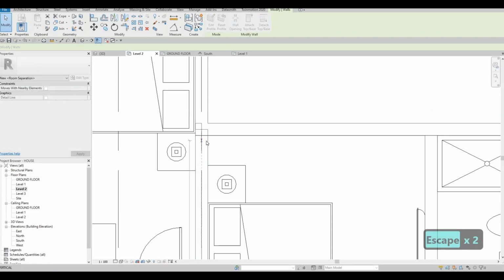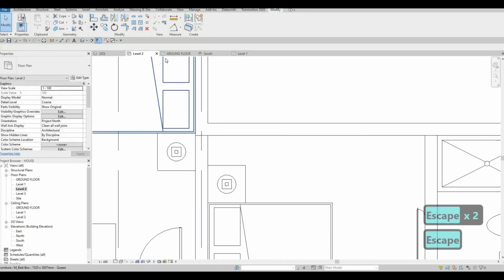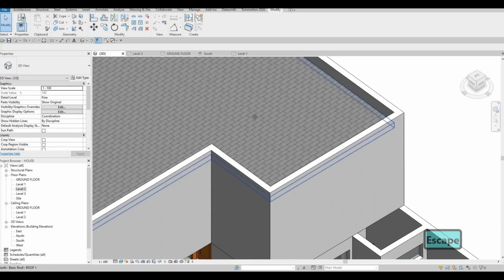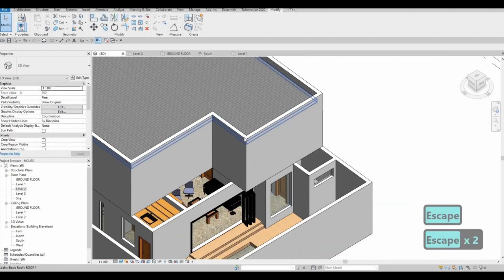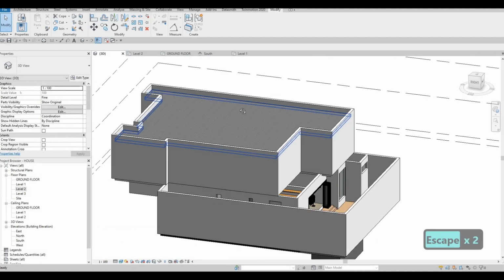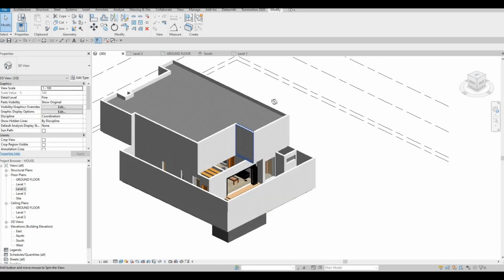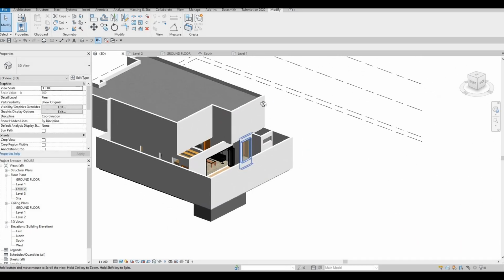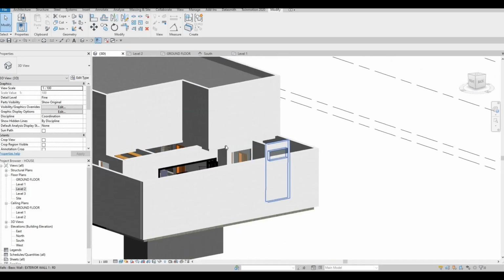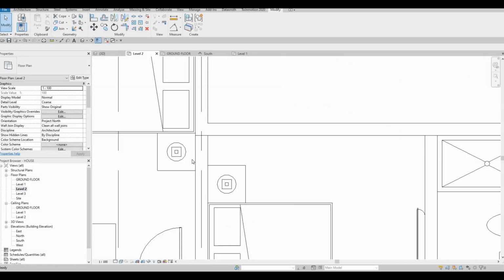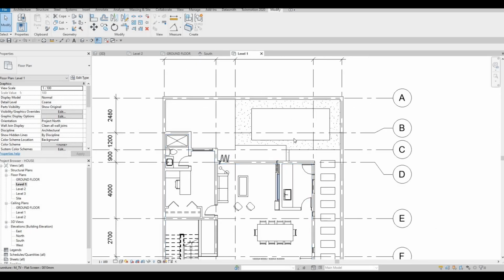Here I'm gonna pull this one out, and there we go, and see if this fixed the problem. So it did fix it, so everything is connected now. We just want this one to be connected as well. So what I'm gonna do is I'm going to go to level 2 or level 1. So once we're in level 1,